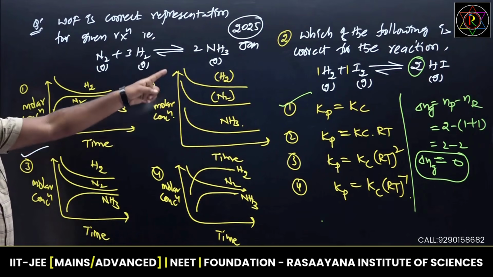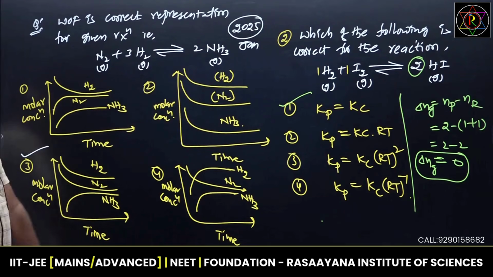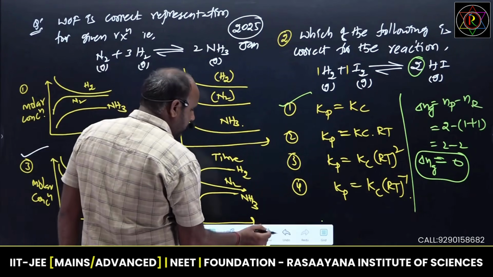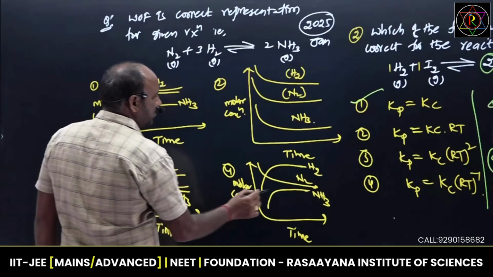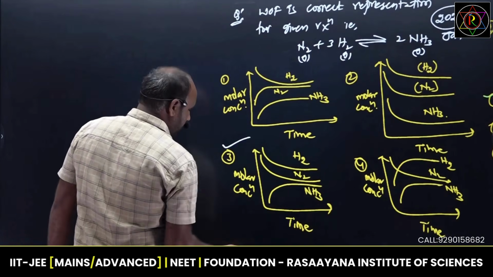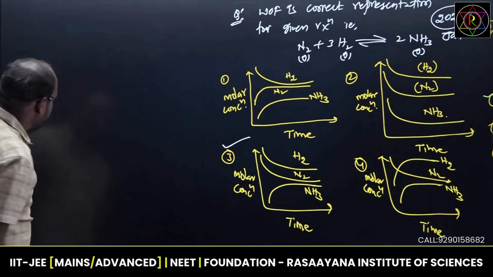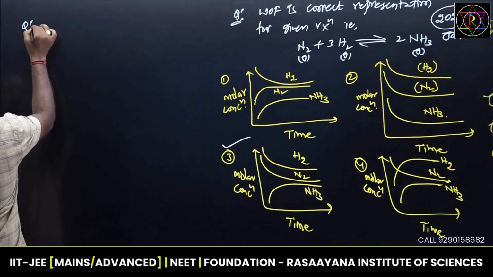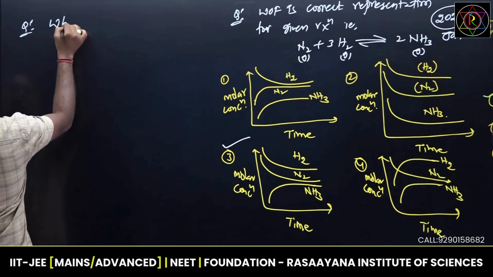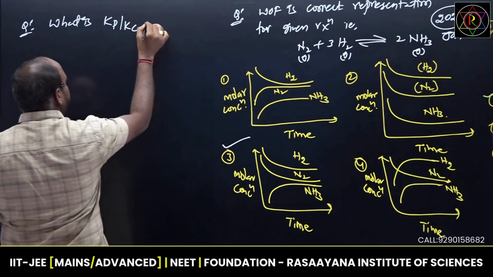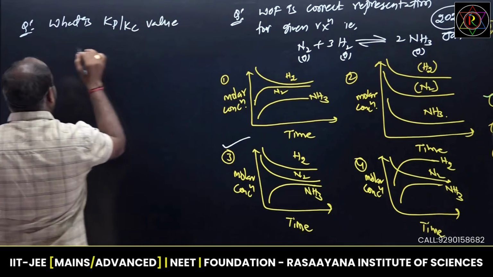So two reactions. This is one reaction: H2 plus I2 gives rise to 2HI, and one more will be PCl5 in equilibrium with PCl3 and Cl2. So one more example we have to consider, one more question, that indicates the relation between equilibrium constants. So the next question will be: what is the Kp by Kc value for the